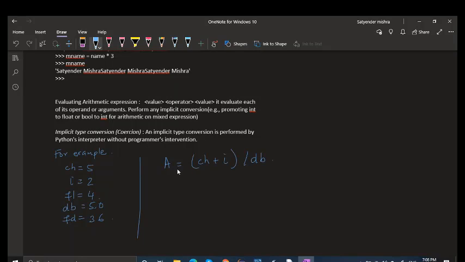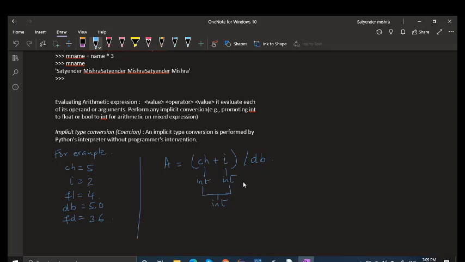How will Python interpret this? You need to understand this. First, the parenthesis will be evaluated. The value of ch is int, the value of i is int, and the result is also integer. So there is no type conversion being done here.